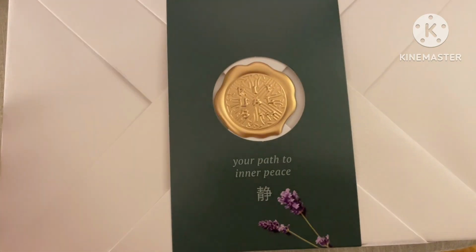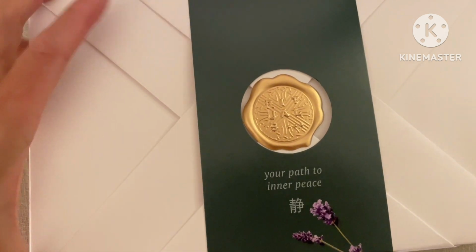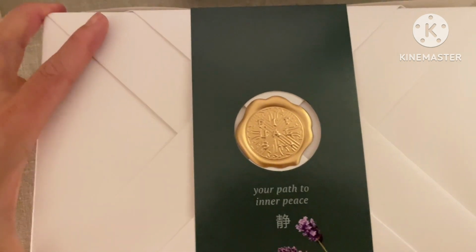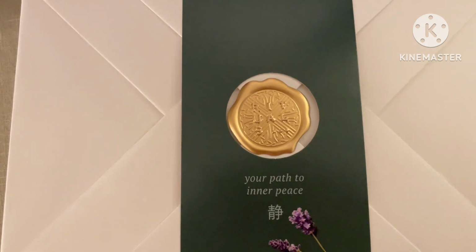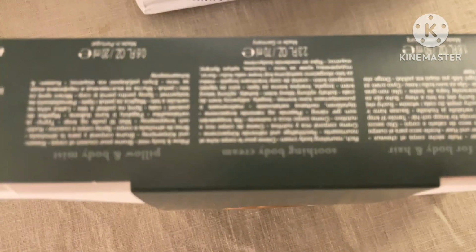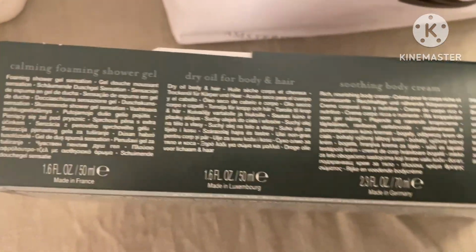And then I ordered this calming set. Unfortunately I can't open this one because I ordered it as a gift. We're giving this to a person. This is a gift, so I can't open it. But this is a calming set, I think this is the Rituals of Jing. It's a calming set that helps you